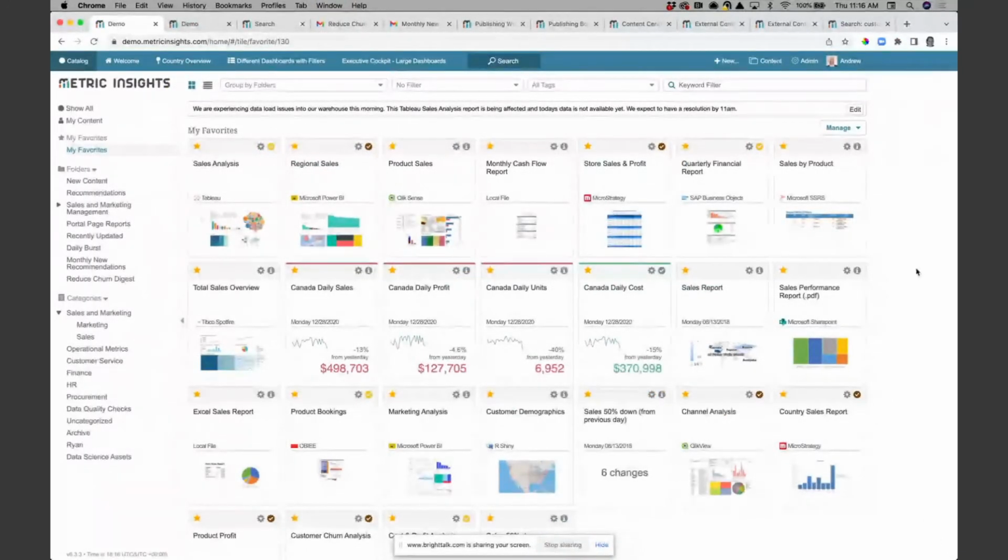Okay, so as Marius said, I'm going to take you through how we think about this in the Metric Insights platform. And to start, more and more in large enterprises today, it's table stakes to have a centralized portal in place for all your BI and reporting assets.